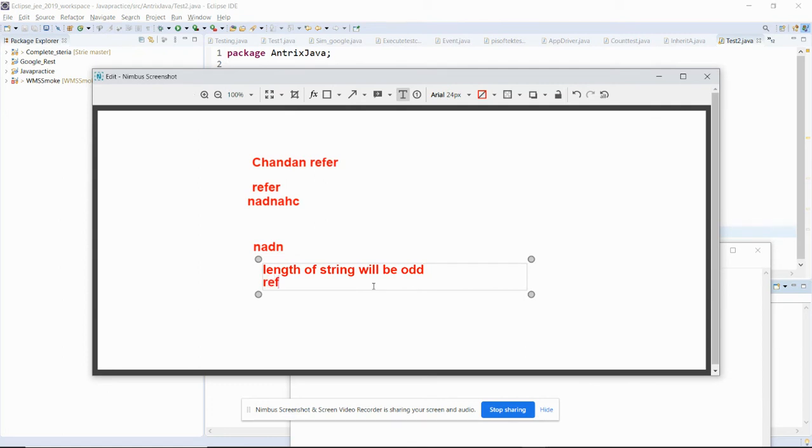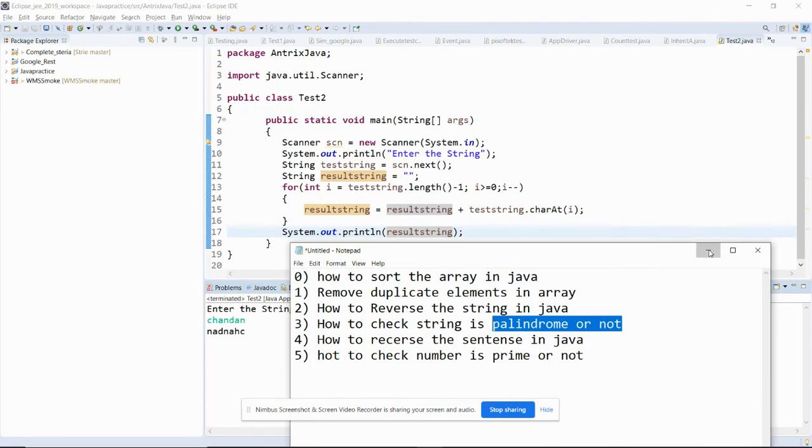Like this is the word refer, so I will take less than half the characters, re, and match it with the last re. If they are the same, that means the string is a palindrome. Second is what we have just done: we reverse the complete string, and if the reversed string and the main string are the same, that means the string is a palindrome.